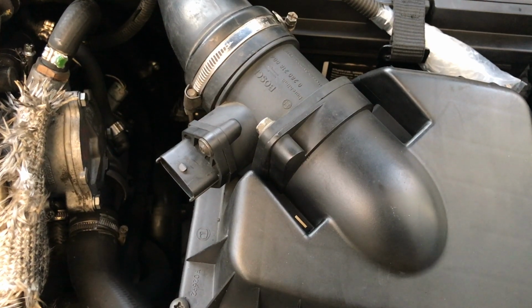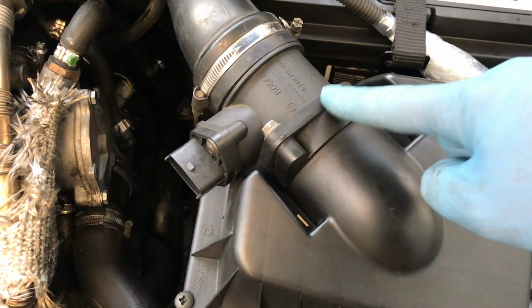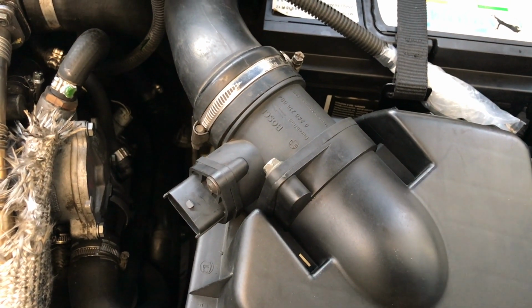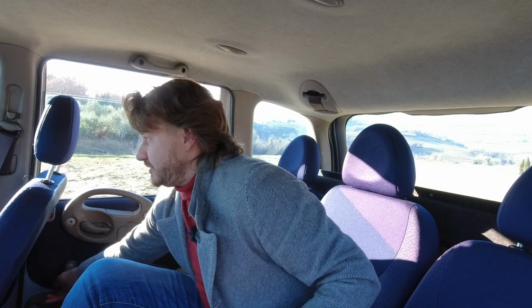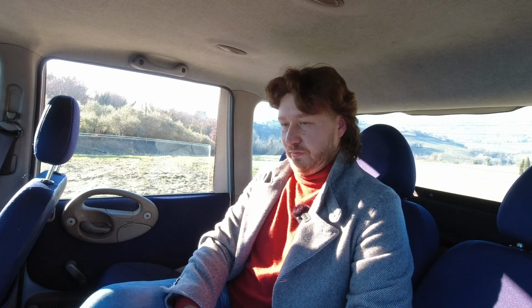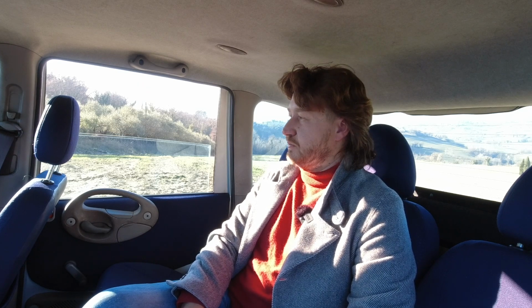if there is someone watching this channel who doesn't know, that's actually an easy way to check if this sensor is even working properly. So when I brought the car to the mechanics, I opened up a little bit of a window. It's getting too hot in this Italian winter. When I brought the car to my mechanics, I had a bit of a complaint that it seemed to me a little bit